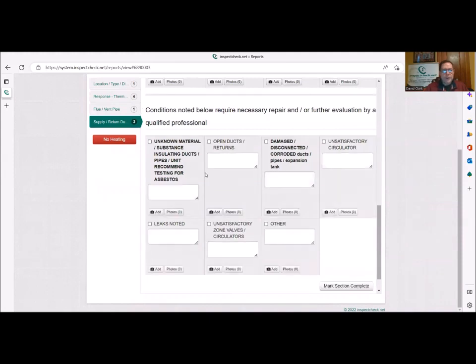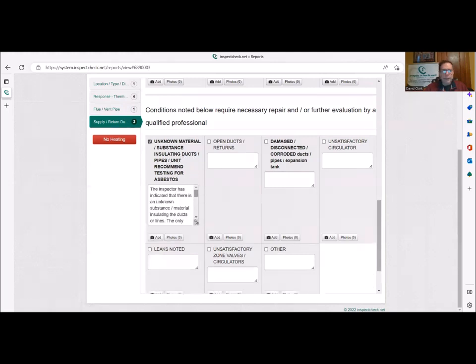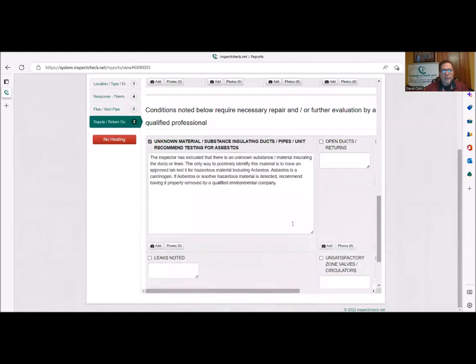Let me edit this because we've been working on it. So it says unknown material substance insulating ducts, pipes, unit. Recommend testing for asbestos. So in this case, it's the ductwork and/or the pipe, which would be the boiler. We're going to check that, and we'll see InspectCheck automatically does this. The inspector has indicated there's an unknown substance or material insulating the ducts or lines. The only way to positively identify this material is to have an approved lab test it for hazardous material, including asbestos. Asbestos is a carcinogen. If asbestos or other hazardous material is detected, recommend having it properly removed by environmental